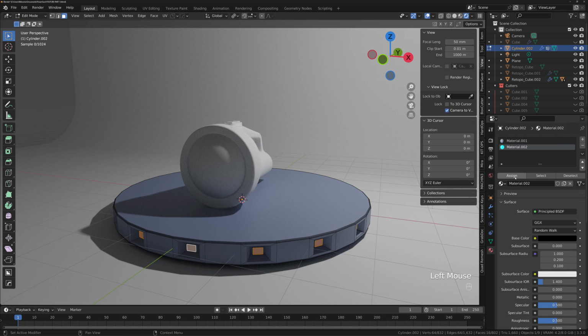Don't use a 16K HDRI because it can take much time to calculate. Instead you can use some 4K HDRIs. It will be nice. Okay,